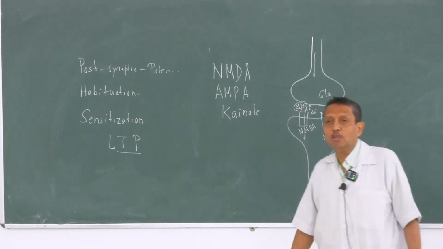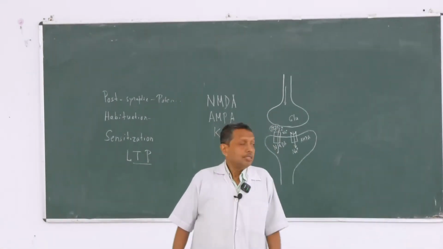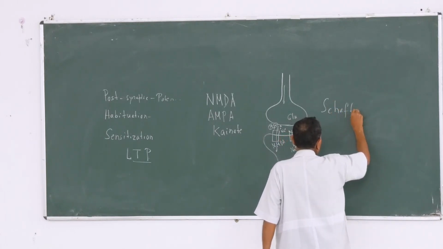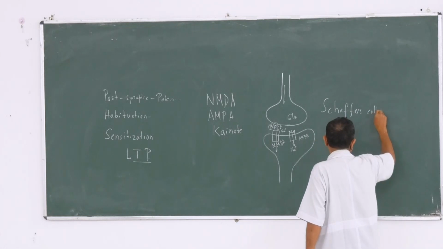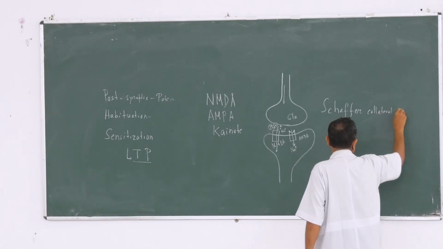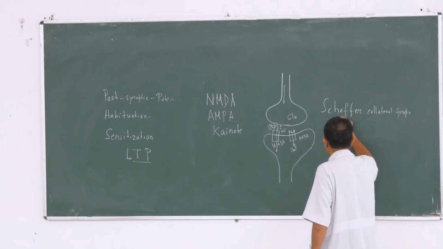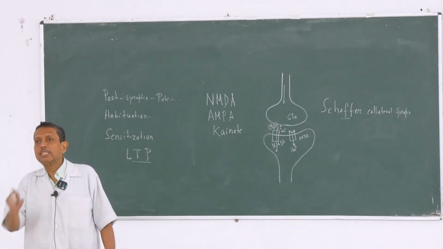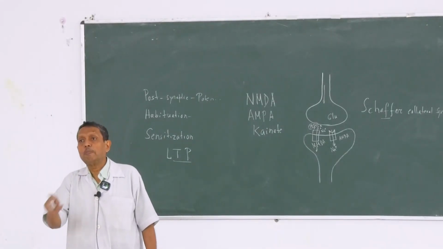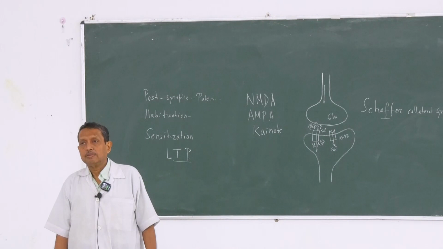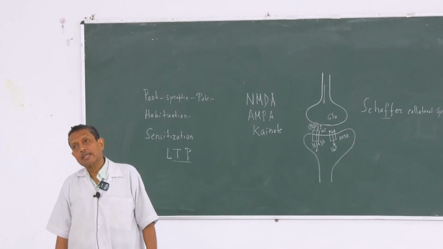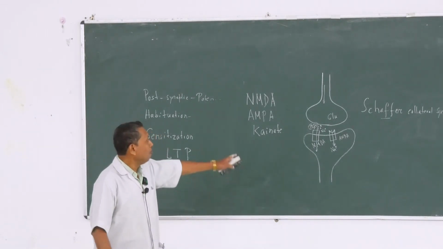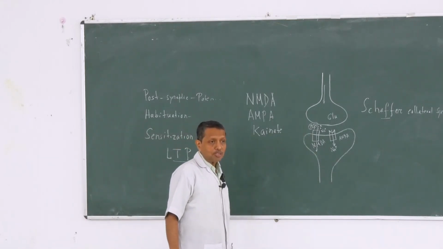In response to repeated stimulation, it is seen in the hippocampus. You have to consult the anatomy text to have knowledge of the hippocampus and its different parts. And Schaffer collateral, there you will find it. Where there is liberation of this type of glutamate on repeated stimulation,